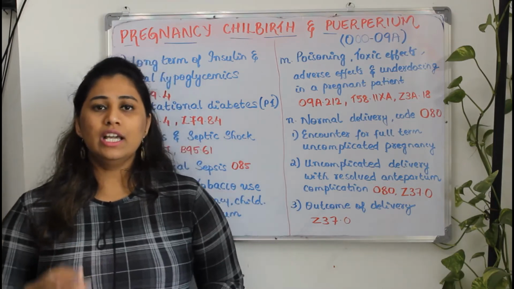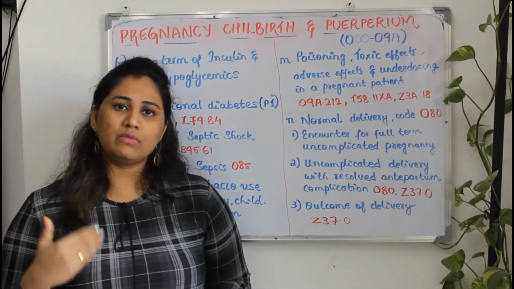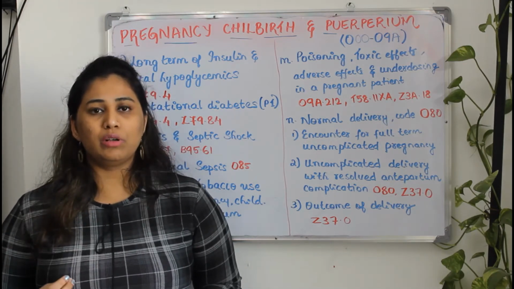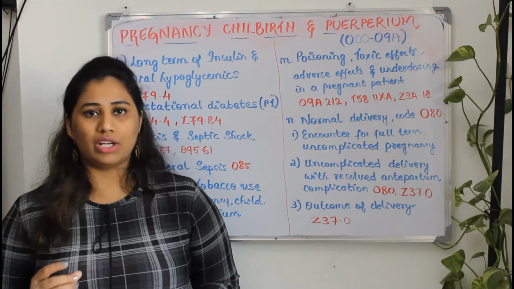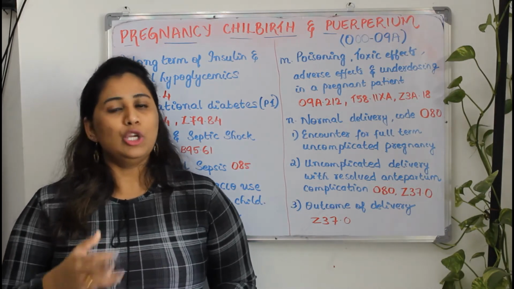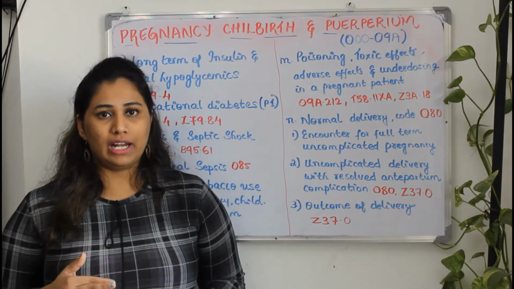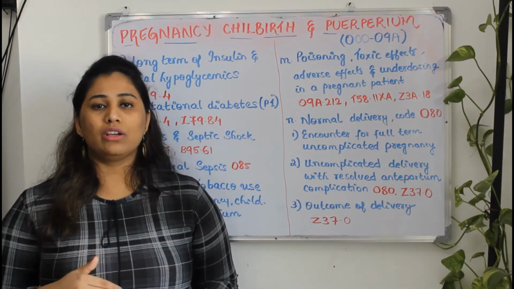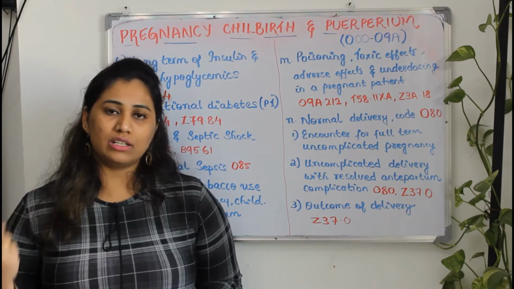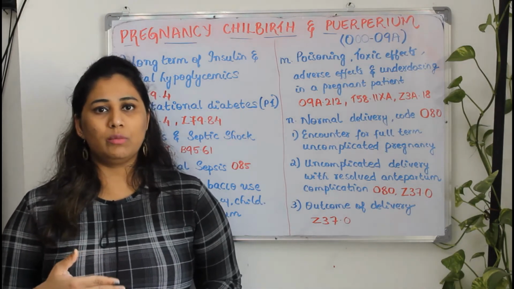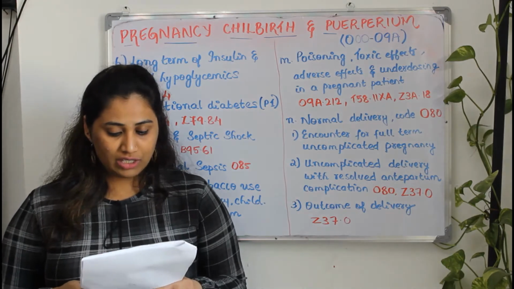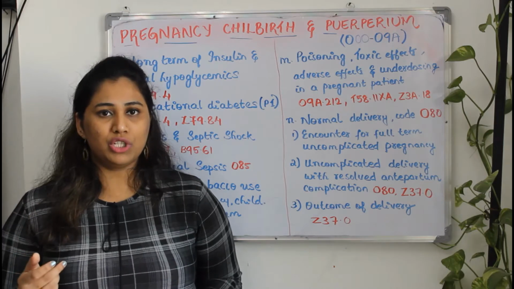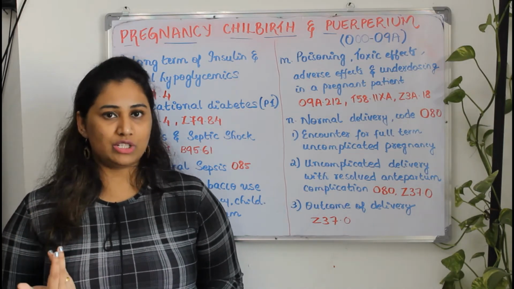The next thing is tobacco use. If the woman, in the same scenario as alcohol, is a tobacco user, your primary category code will be O99.33. Instead of alcohol, this one will be tobacco. The same sequencing will be followed here also. Instead of alcohol use, you will be coding nicotine dependence. Tobacco is nothing but nicotine. So your secondary code will be nicotine dependence, where the category code falls under F17. You need to indicate nicotine dependence, and your third code will be your weeks of gestation.